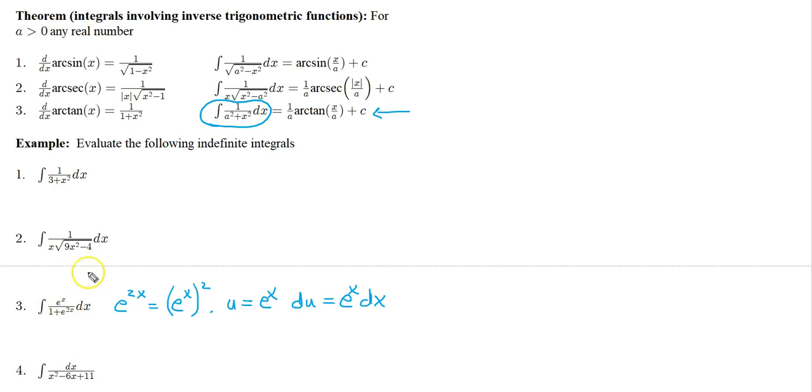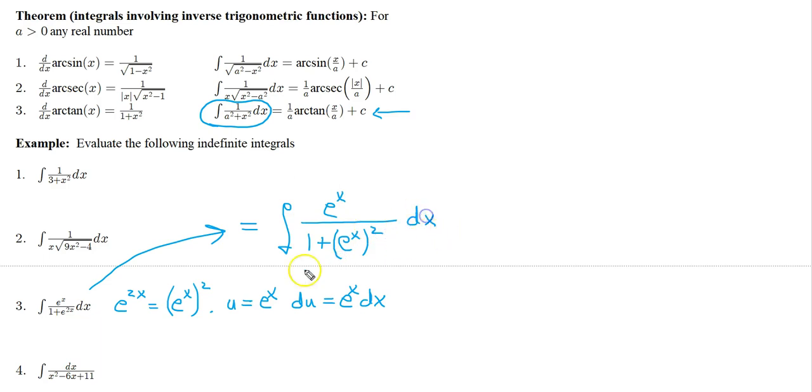And now let's see how all of this works. So let me rewrite this as follows. So there I just wrote e to the 2x as e to the x, the quantity squared, right? All you have to do is multiply the 2 against the x and you'll recover e to the 2x. So that's by rules of exponents. And now with all of our substitutions down here, what's inside the parentheses here becomes a u. E to the x times dx, that becomes our du right here. And this whole thing just becomes,